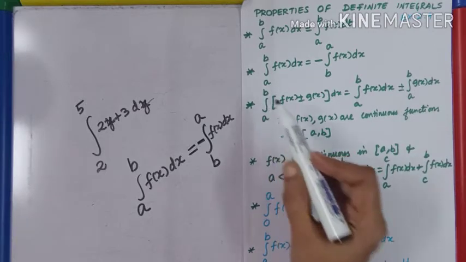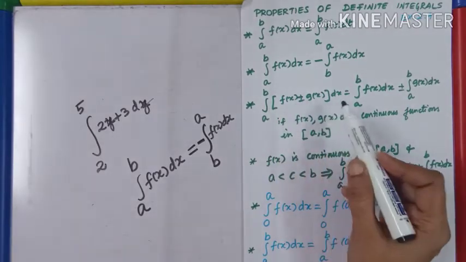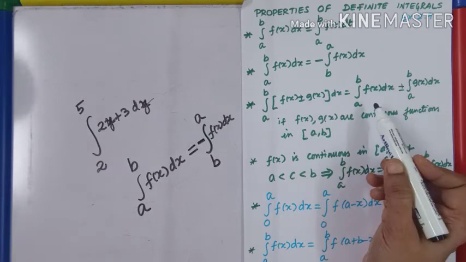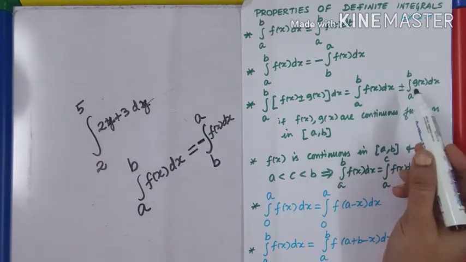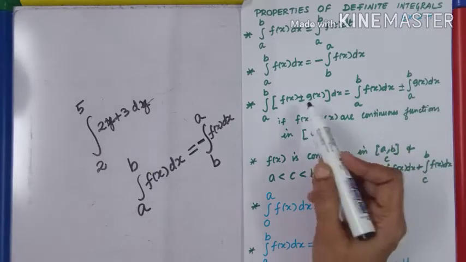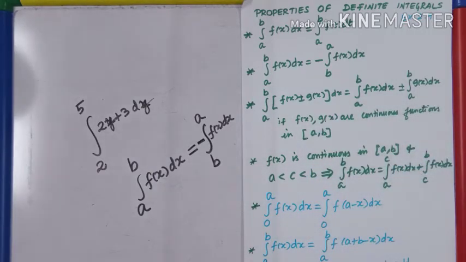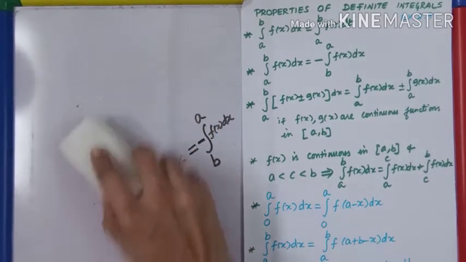Integral a to b of f of x plus g of x dx can very well be written as integral a to b f of x dx plus integral a to b g of x dx. Similarly with a minus symbol,